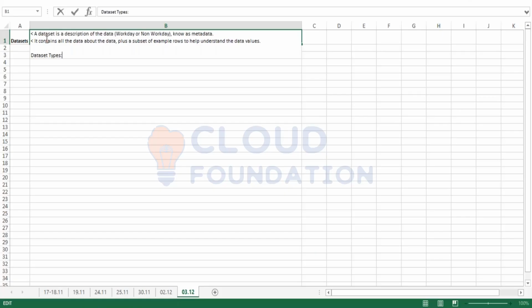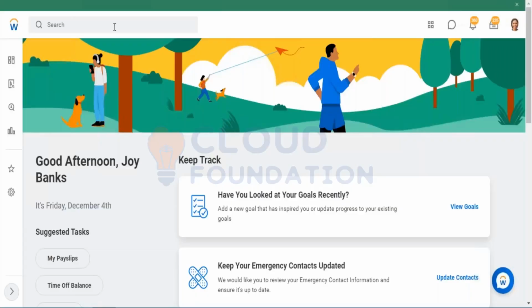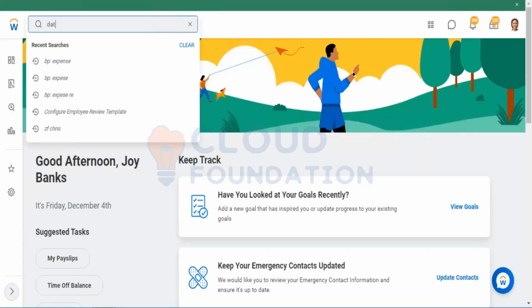We'll talk about the published data sets later. So the first one is your base data set. If I also go and show you data,